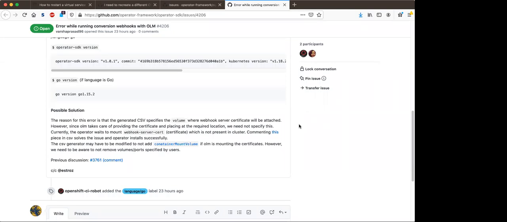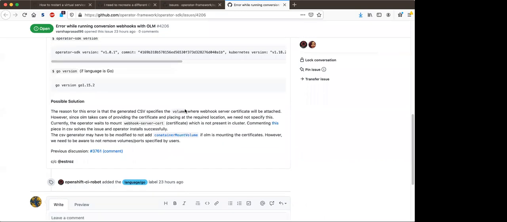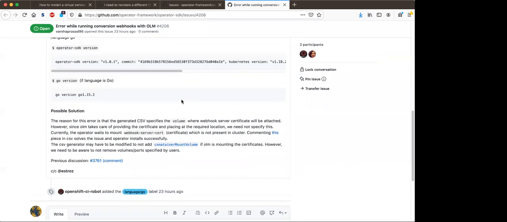No, I think this error would still occur. The user needs to specify the name of the secret in the attached volume for this to work. Gotcha. That's a bummer. We should talk to OLM more. Yeah.